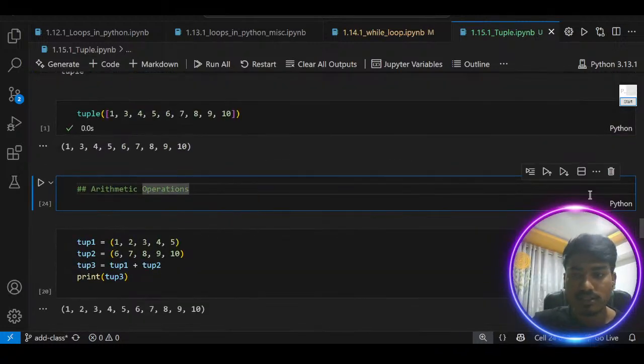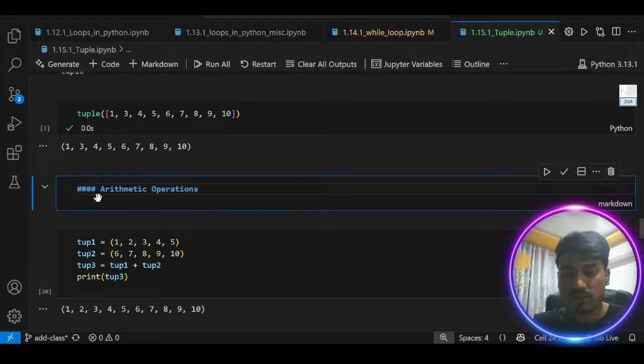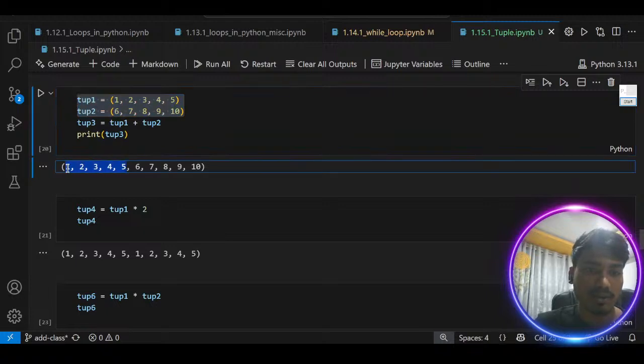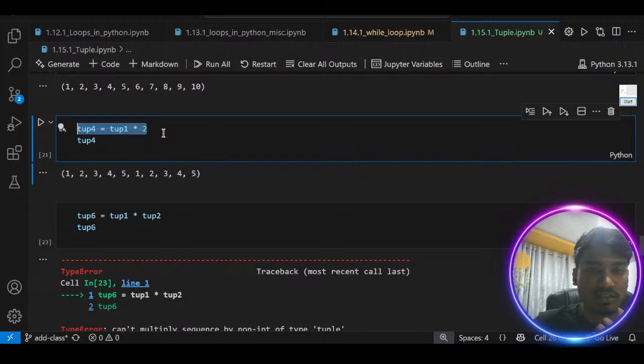Then we saw these arithmetic operations with respect to the tuple. So basically, this is tuple one, this is tuple two. You can actually add tuple one and tuple two. This is tuple 1, 2, 3, 4, 5. This is tuple 2, 6, 7, 8, 9, 10. So you can have the addition of tuples. You can have a multiplication with any number. So basically, the same tuple